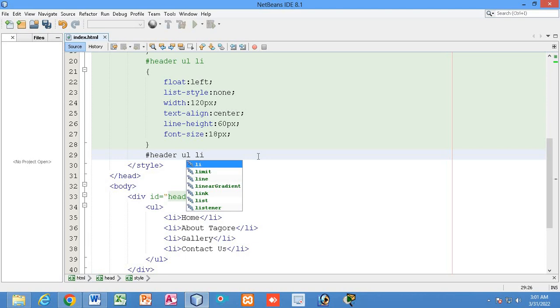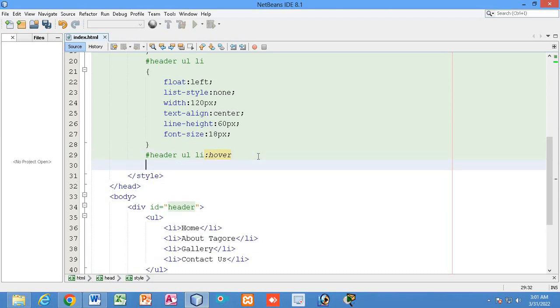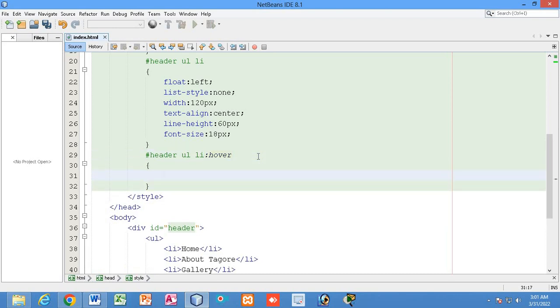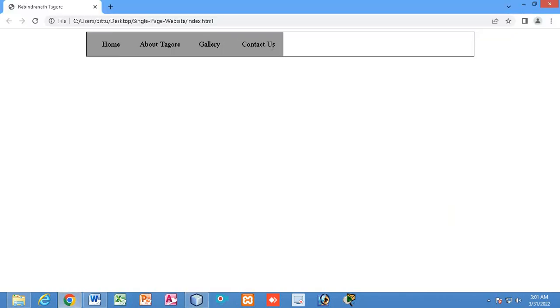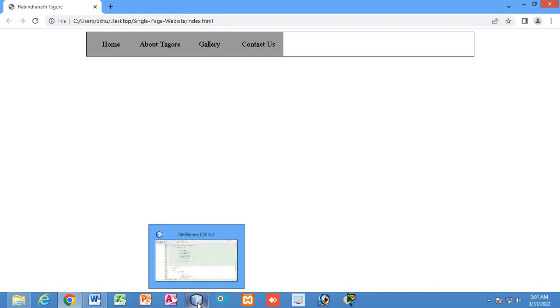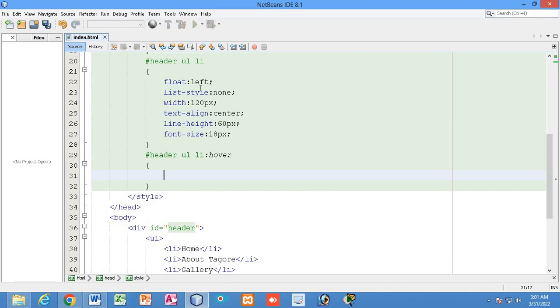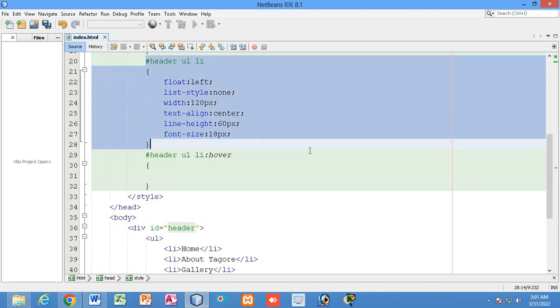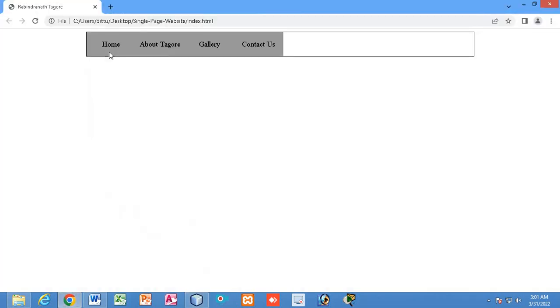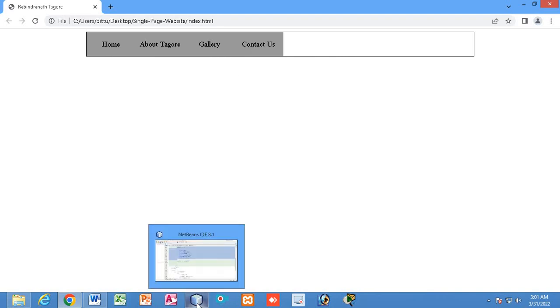I have explained many times before why we need to use the hover effect. So if the user gets the mouse on any given object, there will be some changes. So when the user gets the mouse over this menu, there will be some changes of CSS property, right? So that is how you can use the hover effect. Before the hover this will be the CSS property, but after the user brings the mouse over this li, that is the list item, that is the menu,